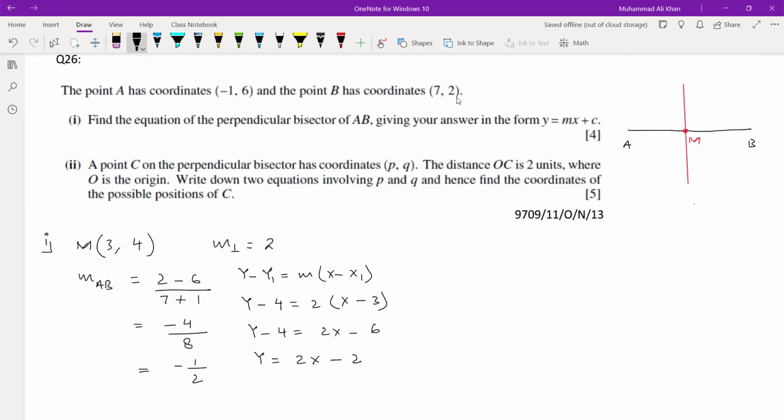We have written the equation in the format y equals mx plus c. Any confusion? Are you clear? Clear. That's great. After that, in the second part,